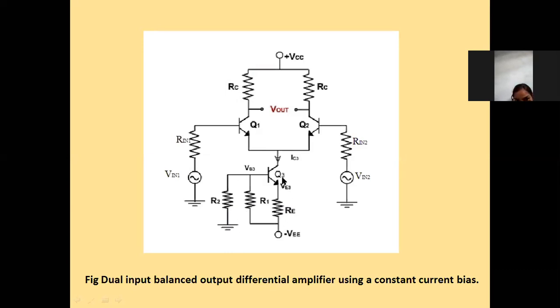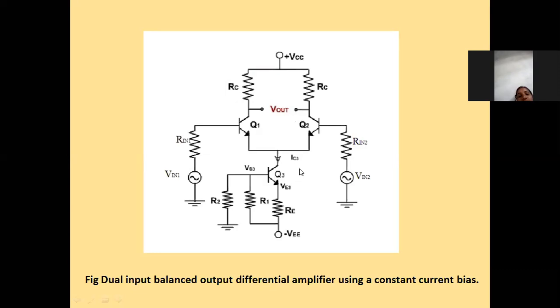So this is nothing but your voltage divider biasing method. Why do we have to do this? We have to do this to get the configuration of the voltage divider method. And why are we doing this? Because our intention is to provide the same amount of current. That means the value of IE of transistor Q1 and the value of IE of transistor Q2 should be the same.